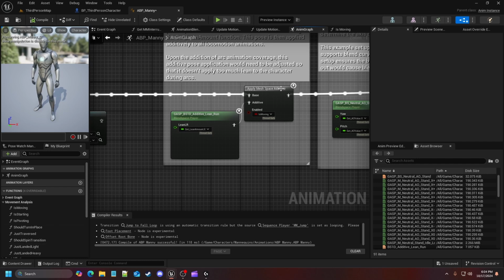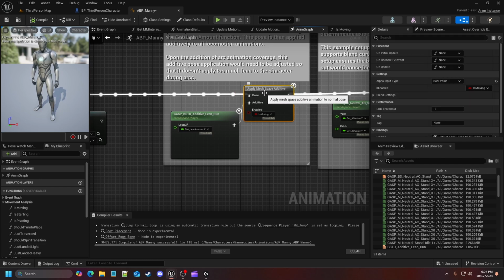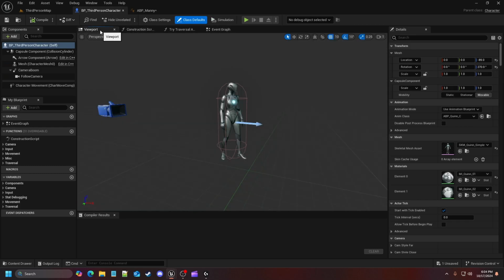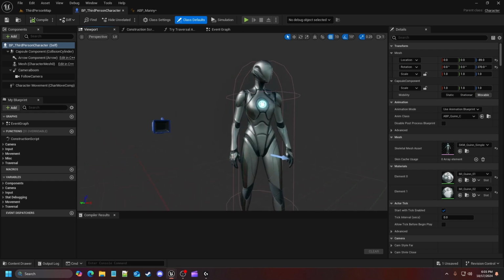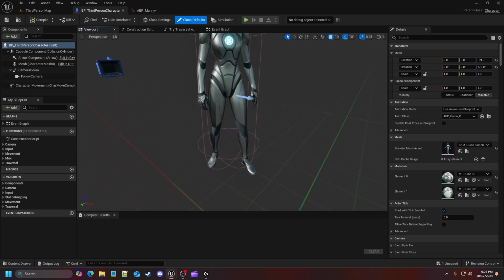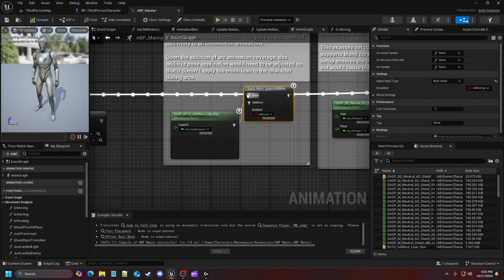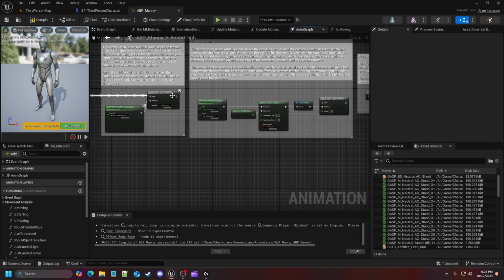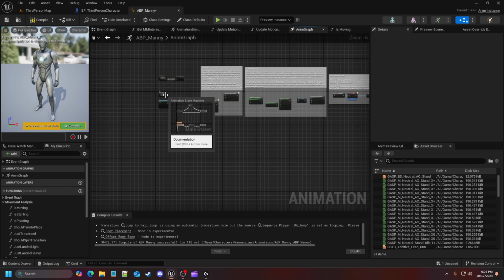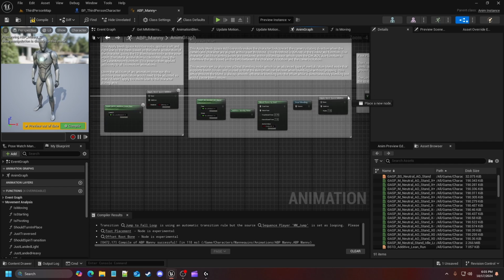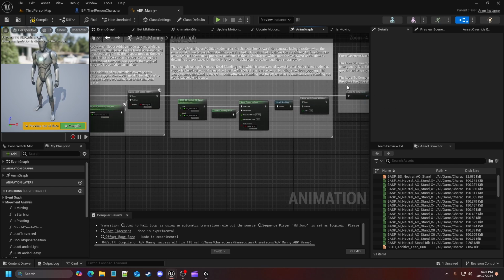So what this is doing is it's applying the additive to the skeletal mesh of our character. If you go into the third person, basically what it's doing is, this is our current base right now, this form, right? Let's go back into the Manny and quickly disconnect this, and then just feed it into the local to component, right? If I do that, compile and save,